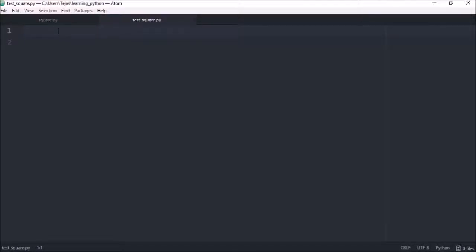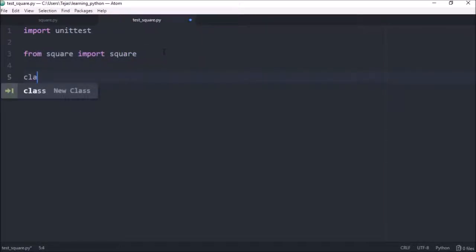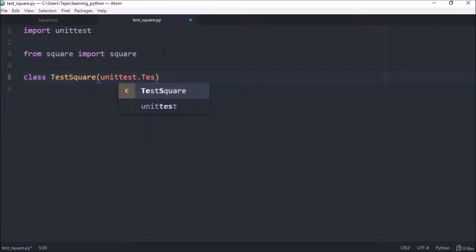Now Python provides us with this library called unittest, which we can use to create our unit tests. Let's import that, and we also want to import the function that we want to test. So from square, the module, let's import square. To start off with, let's create this class TestSquare, and we want to make use of the unittest.TestCase class. Now TestCase provides us with various assert functions, so we can check a particular scenario is what we expect it to be. So let's check the scenario